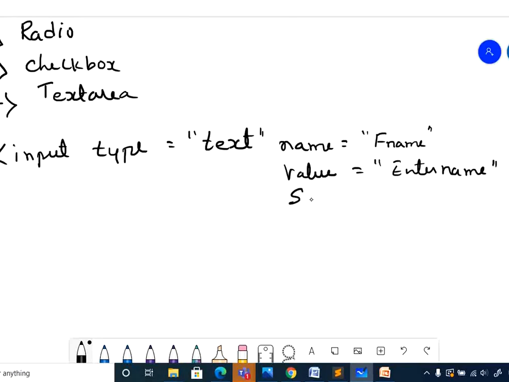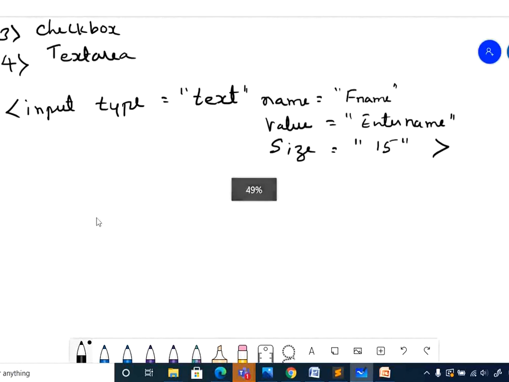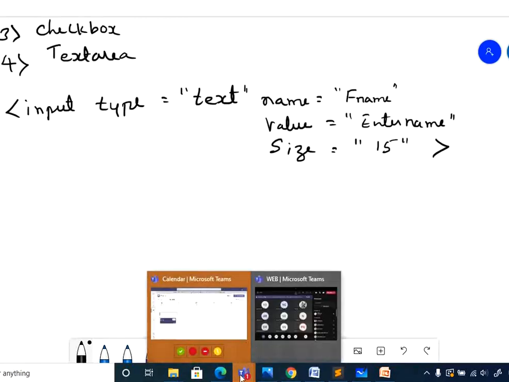So next I can go with another attribute, size. What should be the maximum size of this text box? Like that, we still have so many other attributes. So let's go with these many attributes. Later we'll discuss the other attributes. So this is for text box. When you do this, immediately we'll get a text box. So let me just execute, and I will modify it there itself for other elements. This is the basic syntax. The only thing is this input type is going to vary with all the other different options.